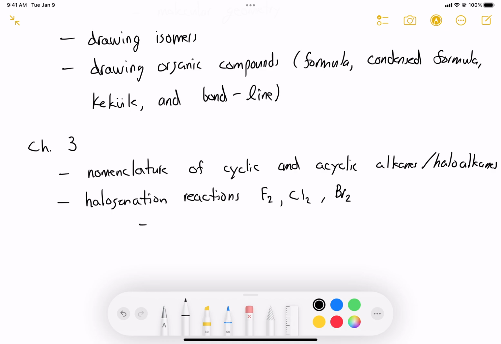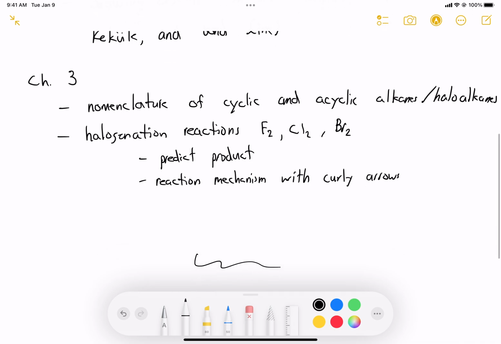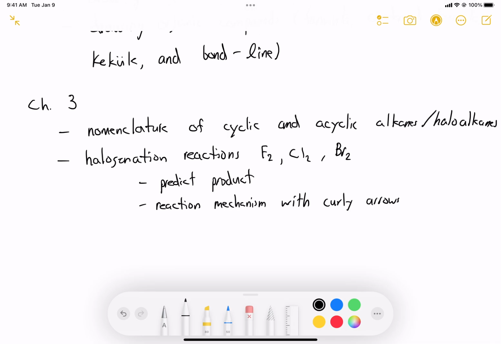So you want to be able to predict the product, write the reaction mechanism with curly arrows. So after this course, you will either love these curly arrows or you will despise them. Okay? So the mechanisms, from a lot of students that I've taught or helped teach with or for,